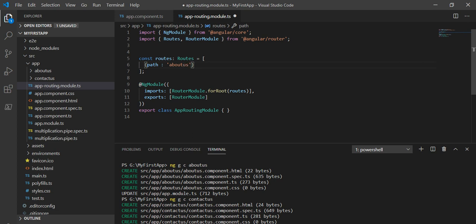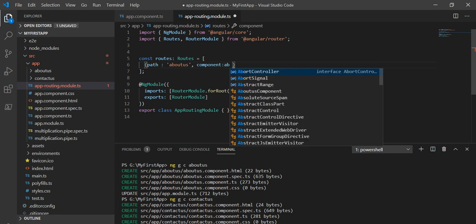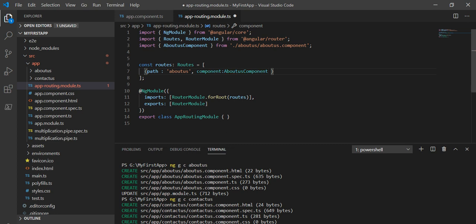This we have given as about-us. Now for which component it will be called, we have to identify: the component will be the AboutUsComponent. See, when we added this component, it added the import for us also.